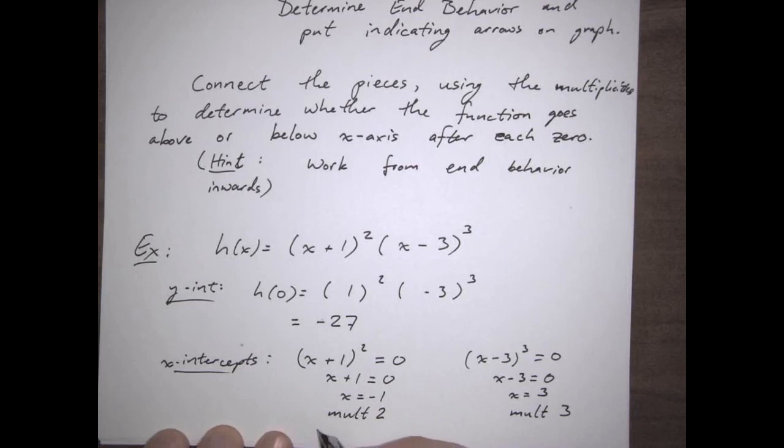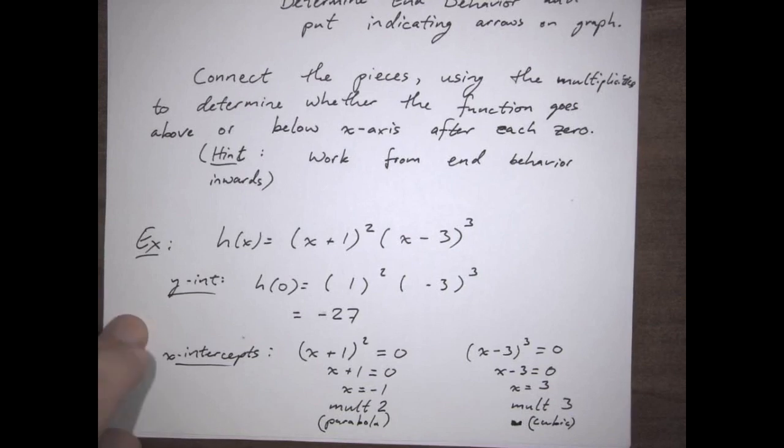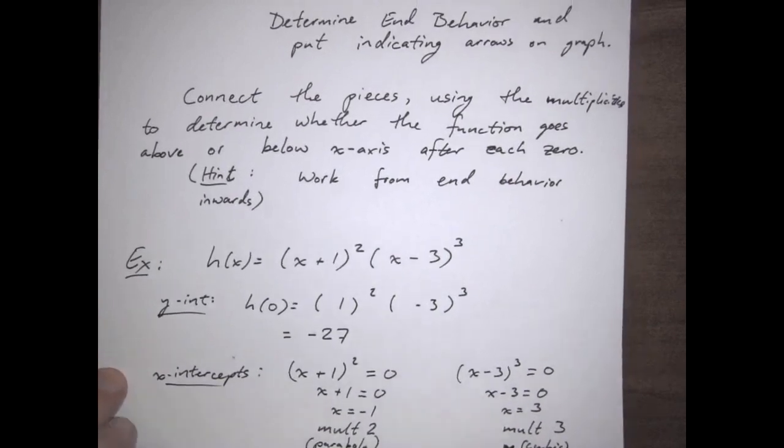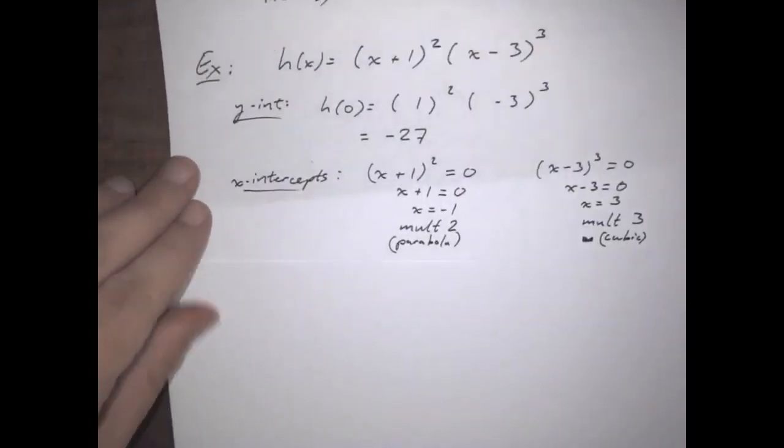So this is going to bounce like a parabola. This one is going to wiggle like a cubic. Okay, so those are noted. And then we need to figure out the end behavior. So the end behavior here